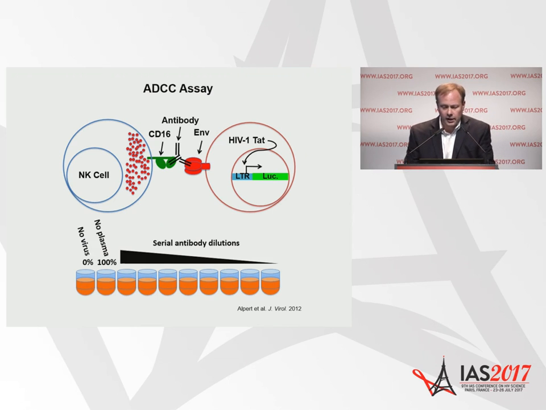And the assay that we developed is depicted here. This was work that was done a few years ago by a former graduate student in my laboratory, Michael Alpert. It's based on a pair of stable cell lines. The first is a CD4 positive T cell line that contains a TAT-inducible luciferase reporter gene. So when these cells become infected with HIV, the viral TAT protein turns on luciferase and provides a readout of